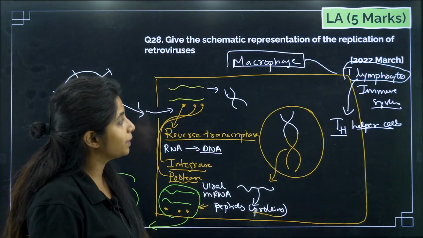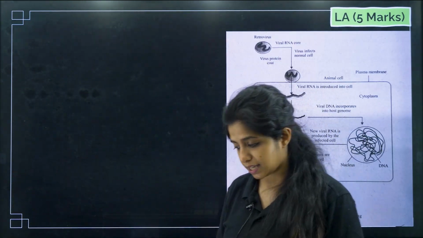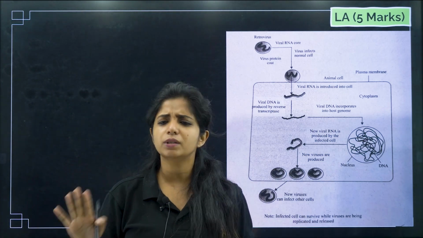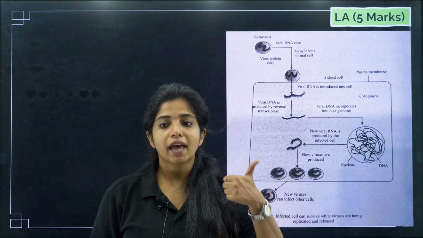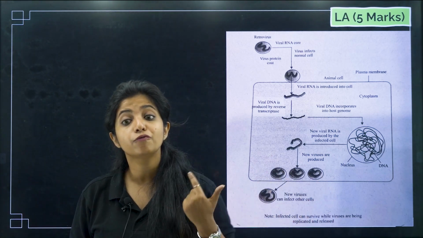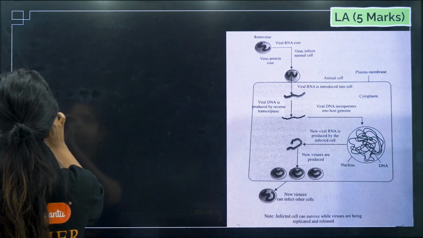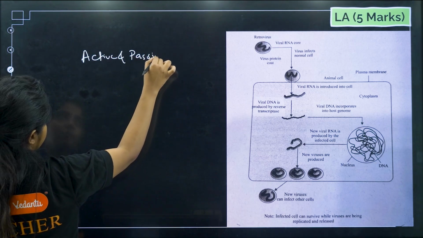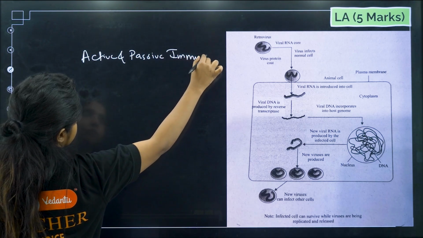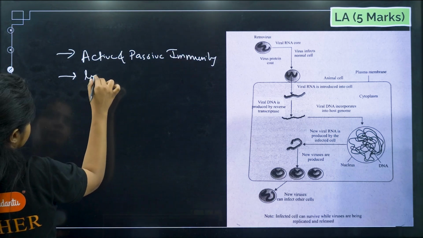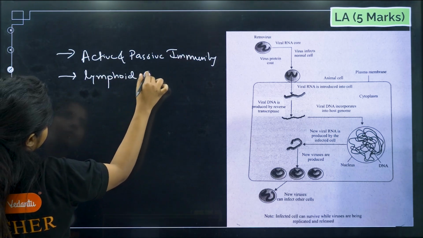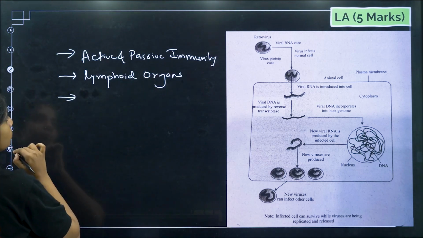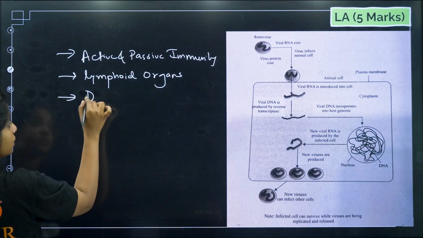So with this we have completed all the 28 questions, and as you can see, the most important topics from this chapter will be the diseases, the causative agents, the symptoms, everything that you can totally find. Apart from that, active and passive immunity is important, allergy is important, lymphoid organs are important. Active and passive immunity, lymphoid organs, and then diseases,